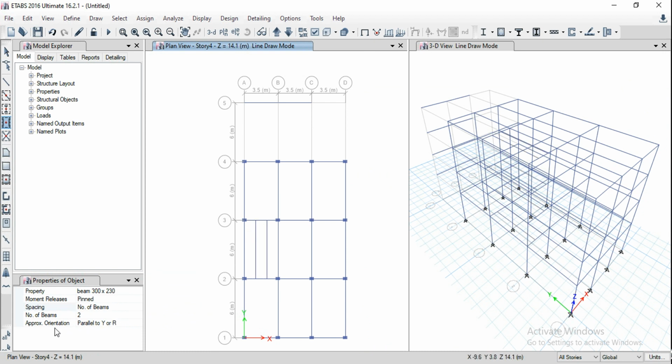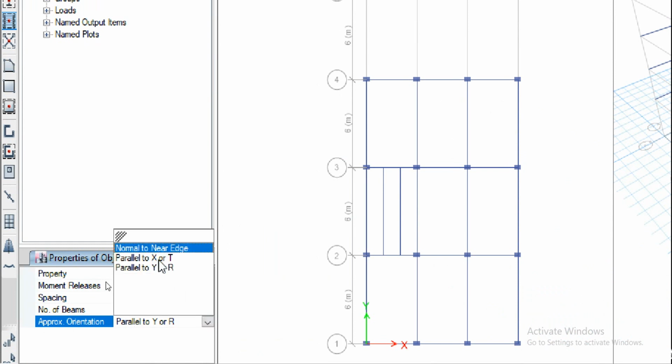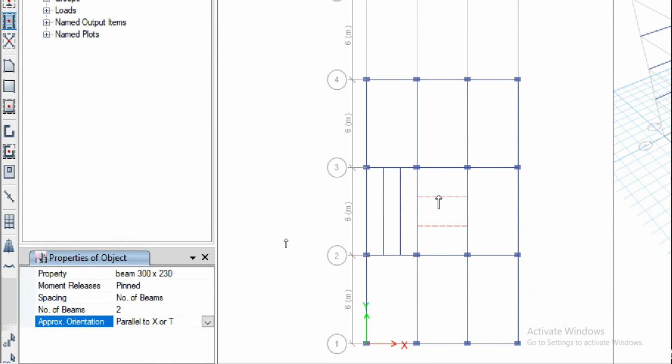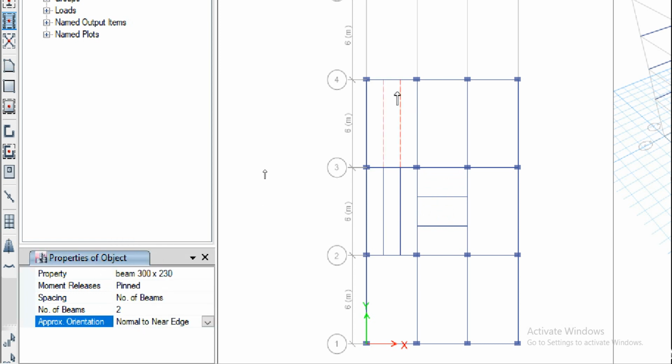It totally depends upon the orientation we specify here, the approximate orientation parallel to y or x. If I select parallel to x and then select this frame or bay, we get beams parallel to the x direction. If you keep it as normal to near edge, whatever edge you select, we get beams parallel to that one.